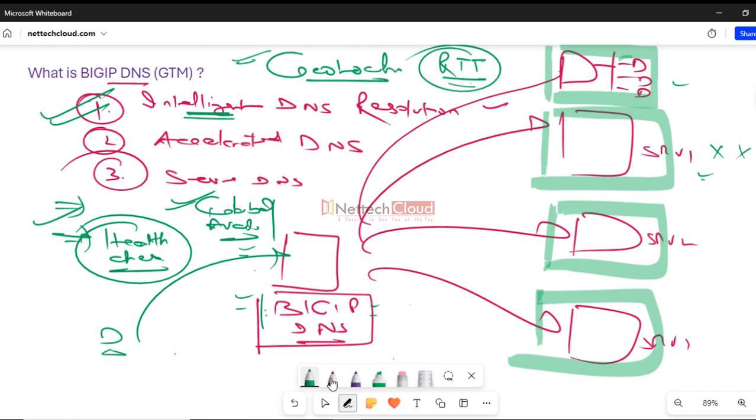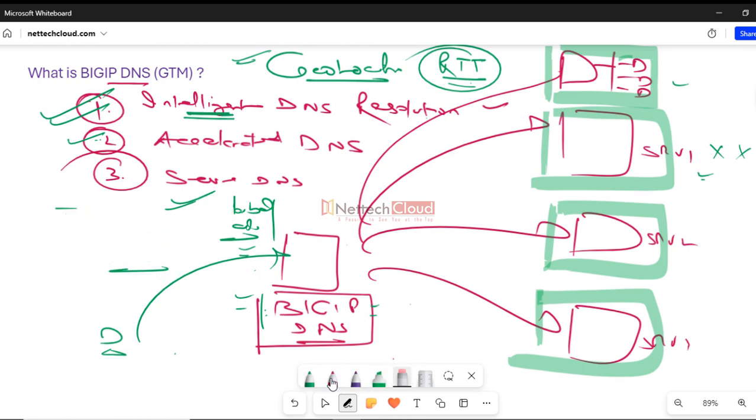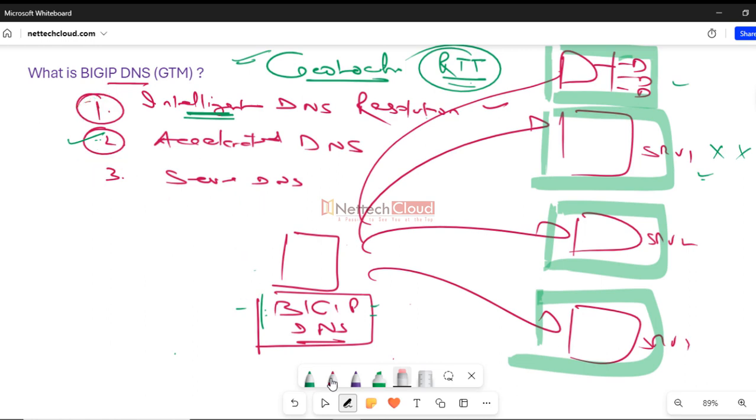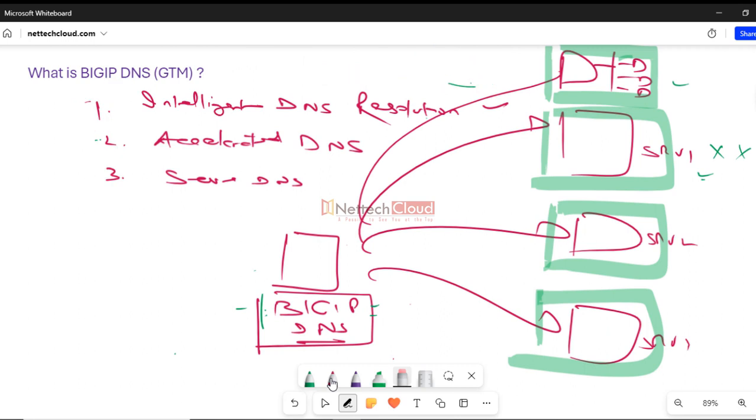Accelerated DNS is another very good feature available in F5 Big-IP DNS, and it is one of the features known as DNS Express. So we can make use of that DNS Express to speed up name to IP translation. Accelerated DNS is another very important feature, and this DNS Express feature